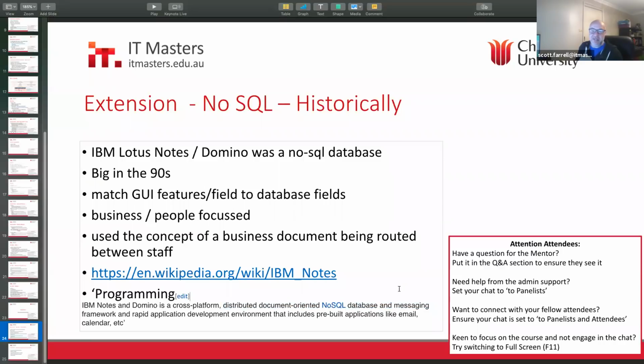And it actually lost out to Microsoft Outlook and so forth, because Domino attempted to do email, and it was pretty rubbish at email. So it lost the email battle, and then it lost the more business-focused database app development environment as well, which is a bit sad. If they never did email, I'd still be doing Lotus Notes Domino today, I reckon.